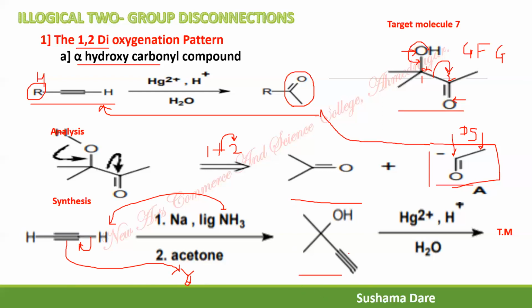Now you don't want the triple bond, you want a carbonyl, that is the CH3CO group. So what we have to do now is convert this group into the COCH3 group by a hydrolysis reaction. So by hydrolysis, it gives the target molecule. Always remember the donor synthon, that is CH3CO minus, for which the best synthetic equivalent is acetylene.